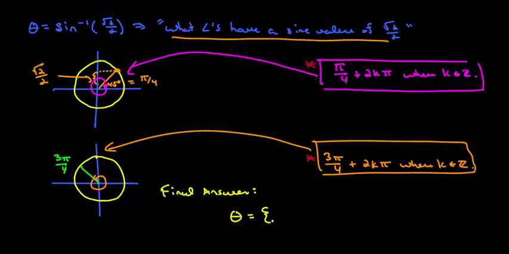Theta. Okay. All of our thetas are equal to. Now we have to write some kind of list here. So all of our angles are equal to theta such that theta is,